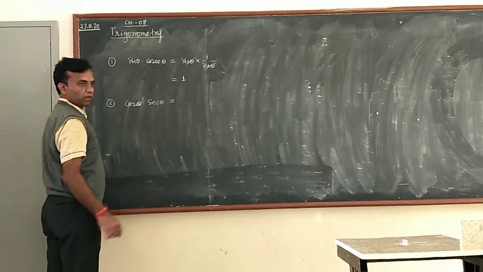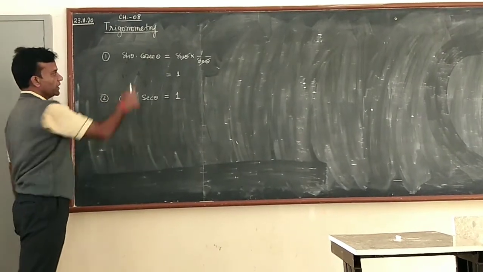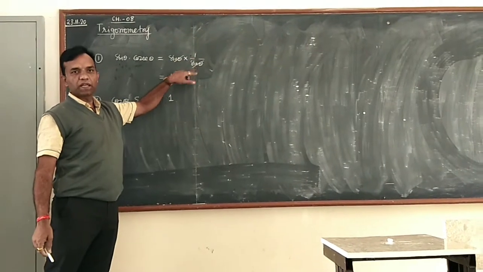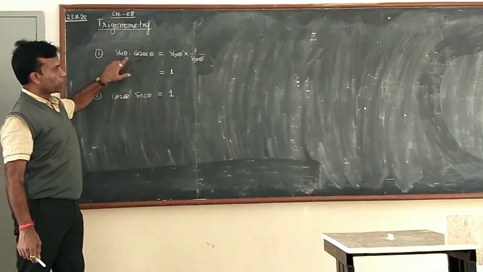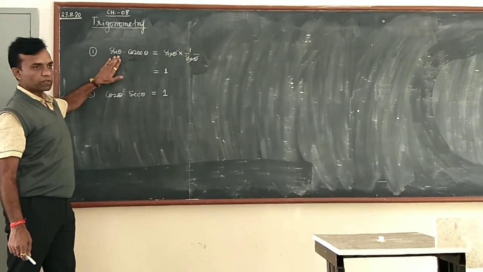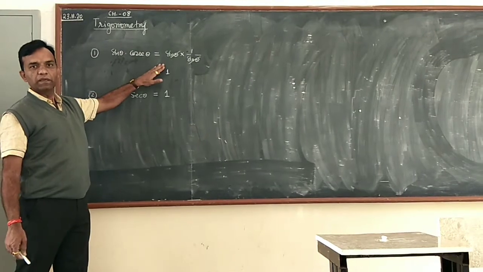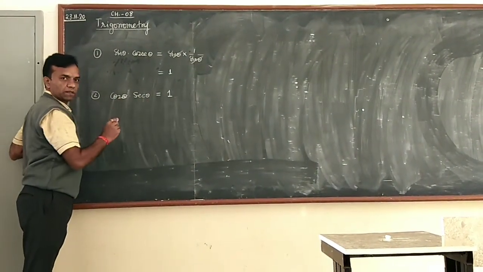Cos into 1, 1. Again, write directly, because now we have to show that sin into cosec, cosec means 1 by sin, then we get 1. And now we form the identity property here: if a trigonometric ratio comes with its opposite trigonometric ratio, then the result is always 1. Similarly, here we write cos theta into sec theta is 1.